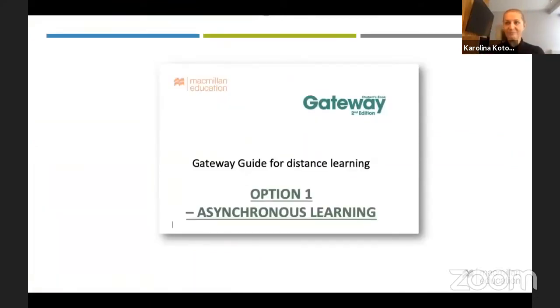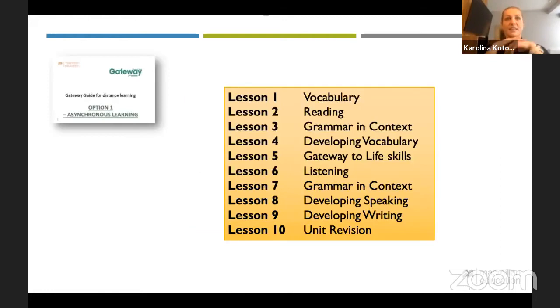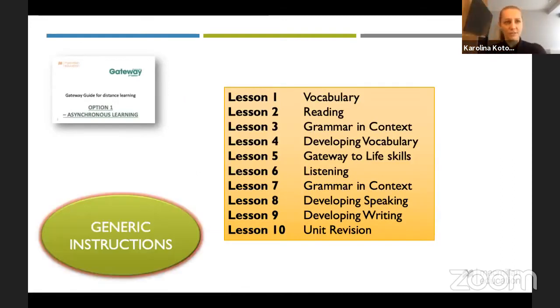And now, how is this done in the Gateway Guide for Distance Learning? In the first option, asynchronous learning. Let me first maybe digress here or introduce this handout to you, something that you will receive. Basically, the guide is nothing else but a bunch of generic instructions that in this asynchronous option can be sent